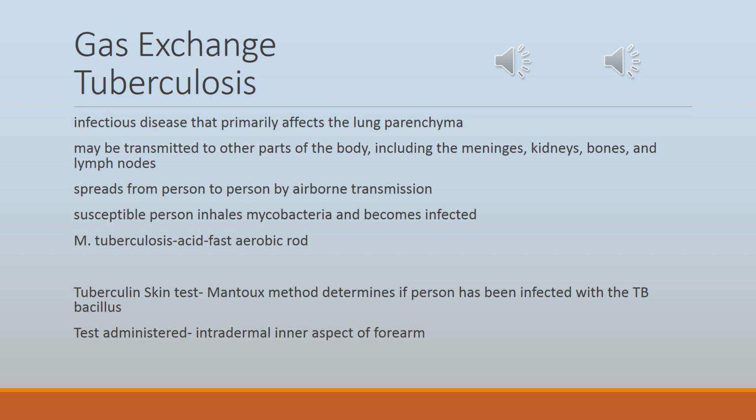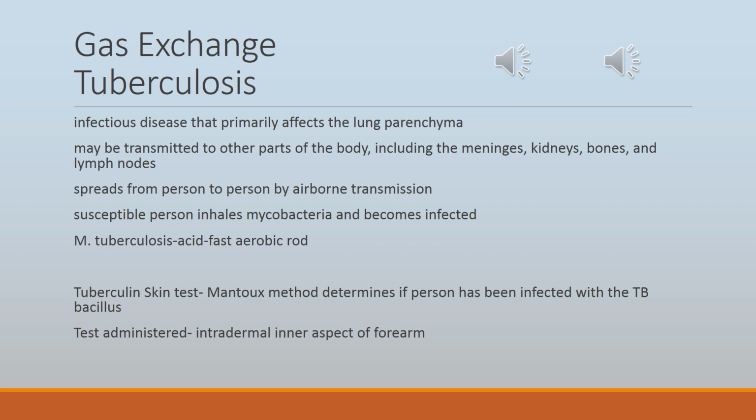What's important is to document the site, the antigen name, the strength, the lot number, the date, and the time of test. The test result is read 48 to 72 hours after injection. Tests read after 72 hours tend to underestimate the true size of the induration. Induration is also considered the hardening. A reaction occurs when both induration and erythema are present.